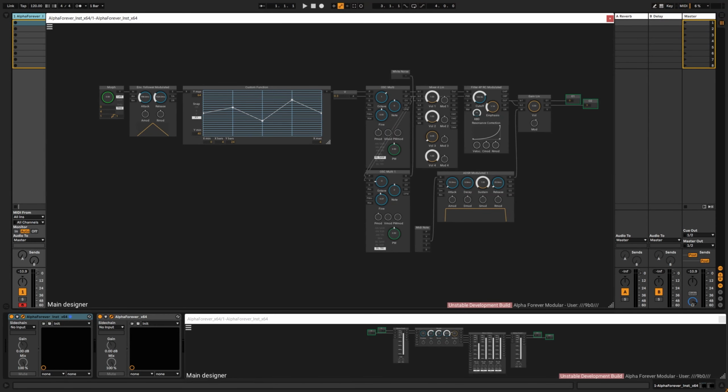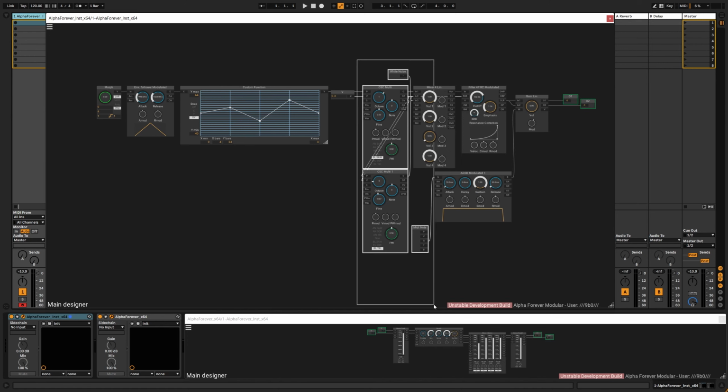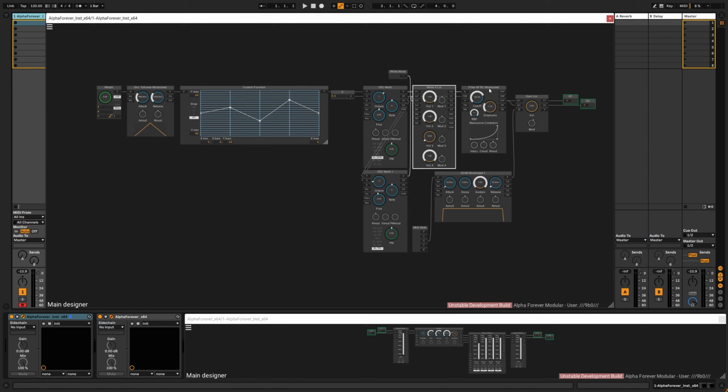Okay, let's build a synth that specializes on playing chords and morphing in between them. And now we won't start from scratch because I prepared a small patch which has two oscillators and a noise oscillator mixed together, and going into a filter with keyboard tracking. And we only use the gate of the MIDI note node, and that gate is driving the ADSR, and that's creating the envelope. The pitch comes from this custom function,